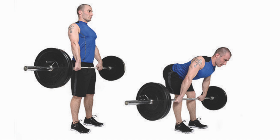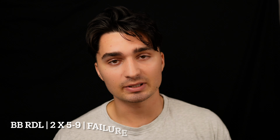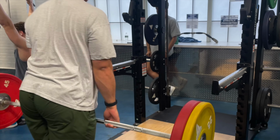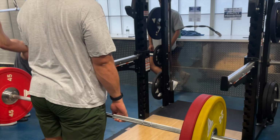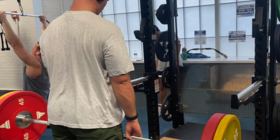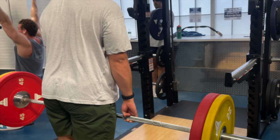Next up is the barbell RDL. Here I'll do 2 sets taken to failure, failing within the 5 to 9 rep range. Keep a flat back, keep your legs straight, and lower down extremely slowly. Again, 4-second eccentrics. And make sure to get a deep, painful stretch and hold that deep, painful stretch for 2